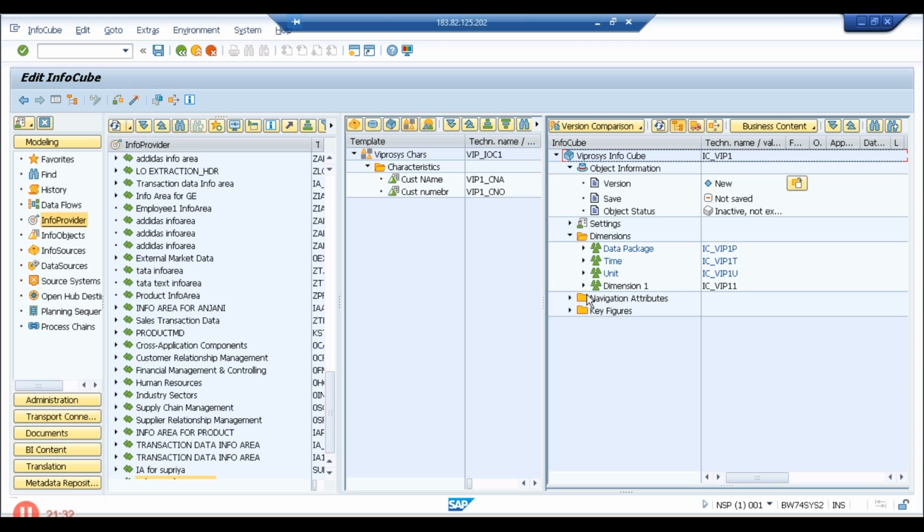Characters: a customer number has come here. Now what we have done in the last project is we kept the other InfoObjects also in the same one, but what we'll do is